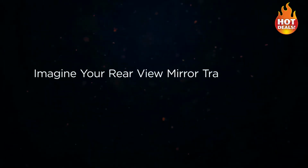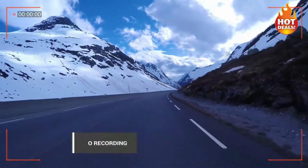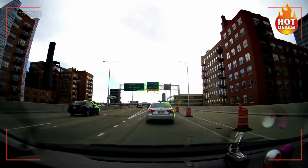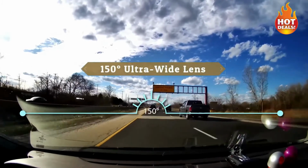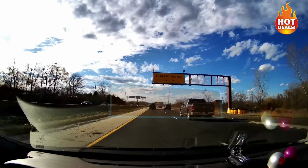Imagine your rearview mirror transforming into an incredibly intelligent device, with a 1080p front camera and a 9.66-inch big streaming media touchscreen that could show you crystal clear front and rear views and record the highest quality videos to see more traffic information as well. A device with a 150-degree ultra-wide lens to cover the entire road ahead and capture all the critical details like